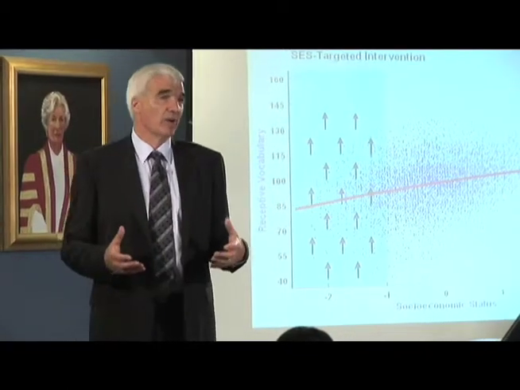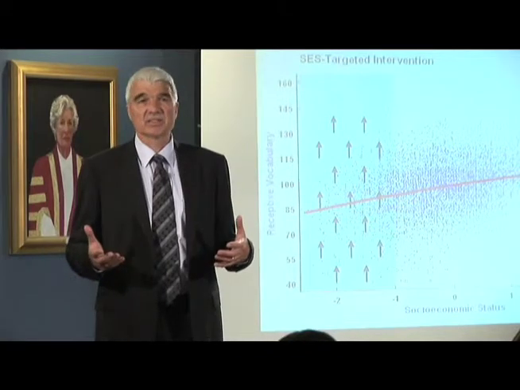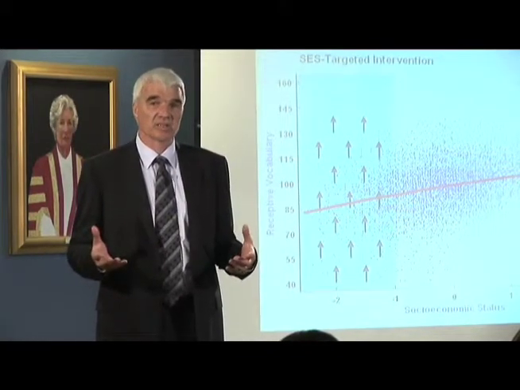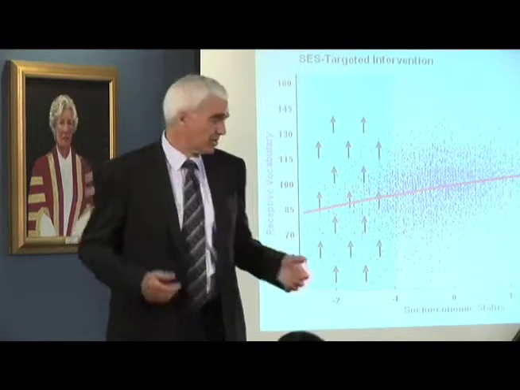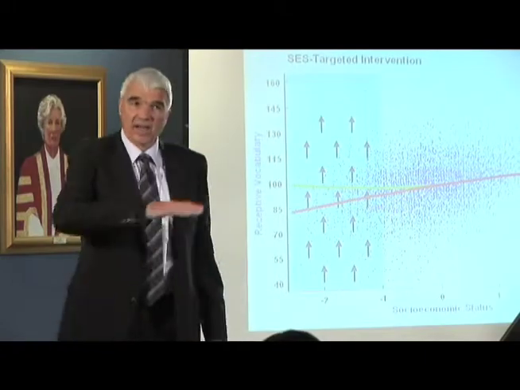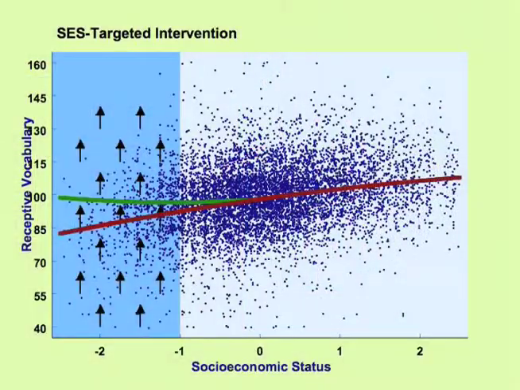So for example, you might have a summer reading program that's means tested in some way, and say this is a special reading program for kids from poor families. And you'd give that intervention with the aim of improving their literacy scores. What that has the effect of doing is it kind of curls up the bottom of the gradient. It doesn't uniformly lift it, because